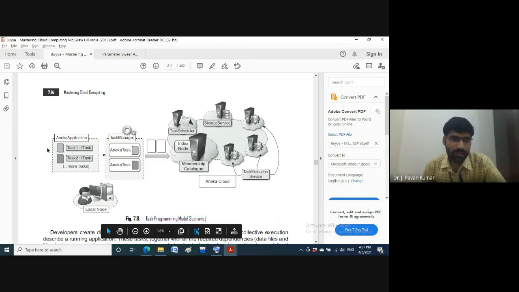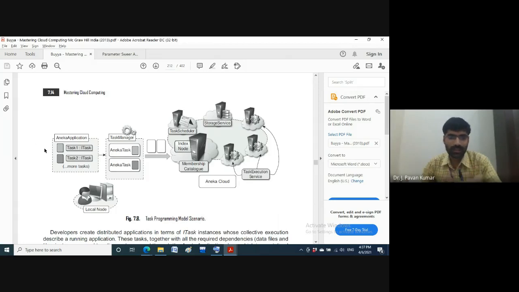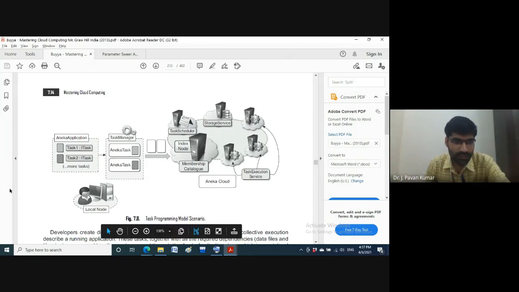On top of this, we will have a model for supporting parameter sweep applications. It's like three layers. You can assume there will be Aneka, on top of it a task model, and on top of it the parameter sweep application model. Let us consider this the first layer, the parameter sweep application model.